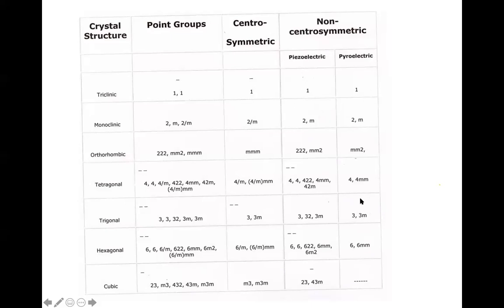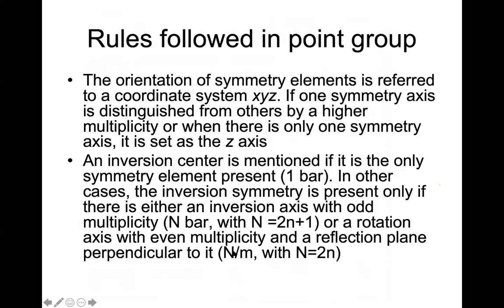Then only is it ferroelectric. So tetragonal, there are so many tetragonal symmetries. Out of that, these are all centrosymmetric, and you can classify the non-centrosymmetric ones into polar and non-polar. Okay, so please go through it because I don't have much time to spend, but in the same way you can go through it.